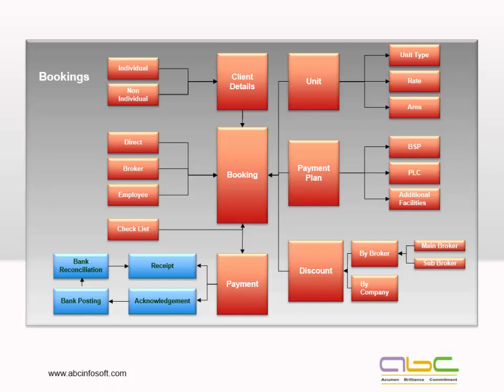Within the payment itself, there are two options. One is if you are getting a confirmed payment, we can simply go for a NEFT or the receipt. Or if you are just receiving a check, we can go either through a receipt process, or for an acknowledgement process. Once we receive a check, we'll generate an acknowledgement. Then if it is a post-dated check or a current dated check, we'll be updating the checks on the bank. Then after reconciliation of the bank, once we know the clear value date of the check or the payment, automatically the receipt will be generated.